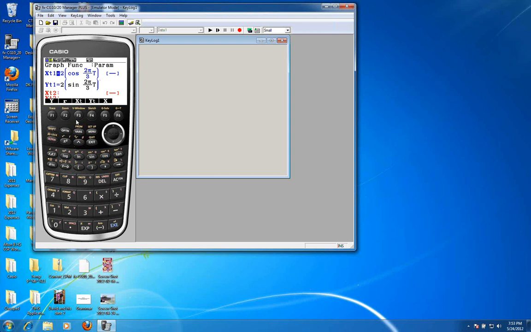Now, before I plot this, I have to deal with the window. Oops, let me delete that. Press execute so they're selected. Now I can deal with the window. I'm going to give you the window in this. It's negative 2.5 to 2.5 for the x.